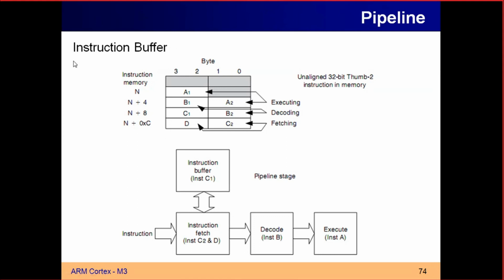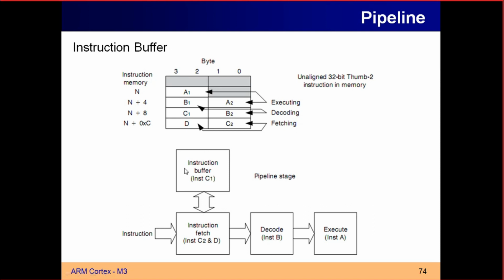So what do you mean by that? If you are seeing this example, let us take these two. Instructions D and C2 will be in the fetch stage, right? And C1 will be in this instruction buffer. C1 will be in the instruction buffer. C2 and D will be in the fetch stage. Then the next two will be in the decode stage. The next two will be in the execute stage. Right. So instruction buffer